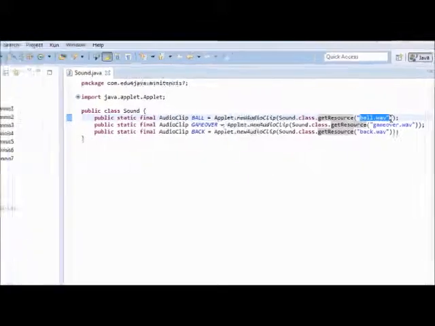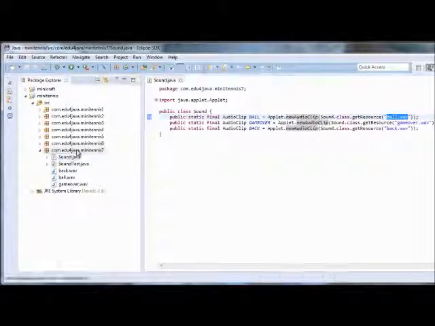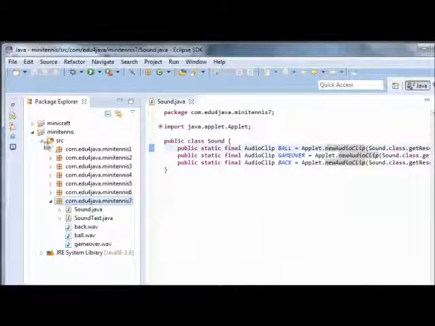It's enough with the name of the file because it's in the same package as Sound and SoundTest, as we can see here. Please don't get confused with this. It is in the package 7 even if we are in tutorial 8, because at the beginning these two tutorials were only one and I left it like this to change all the